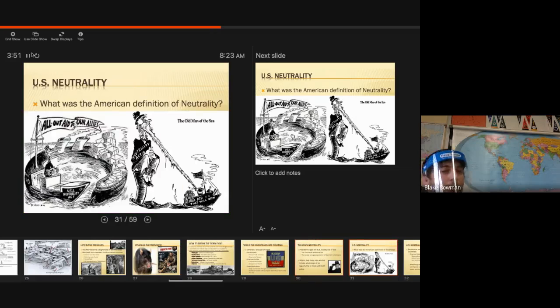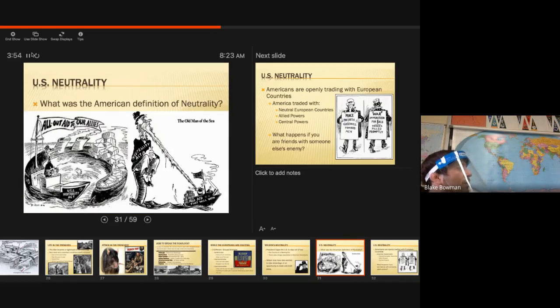All right, so here's some political cartoons. This is more towards World War II. But do you know who created these political cartoons? It says in the bottom left. It might be hard to see. Dr. Seuss, yeah, good job. So as we get closer to World War II, a very similar issue arises, neutrality. What should the United States do? Should we get involved in the war? Should we stay out of it?